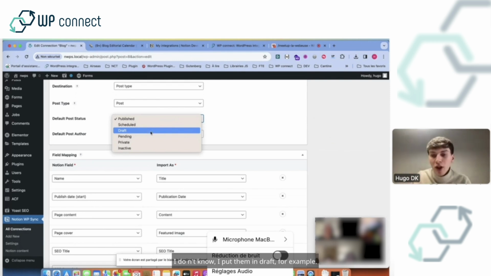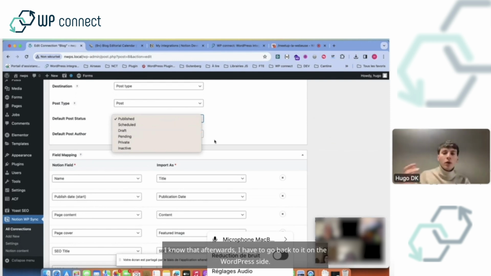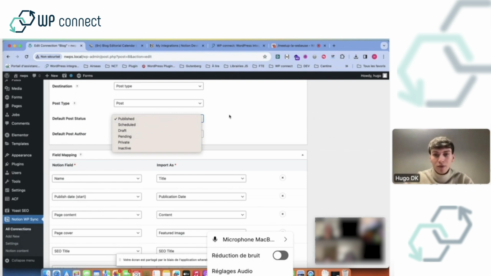I don't know, I put them in draft, for example. I know that afterwards I have to go back to it on the WordPress side. It's an extra step, but it means you can add another layer of security. You can schedule your posts easily. Then I proceed to